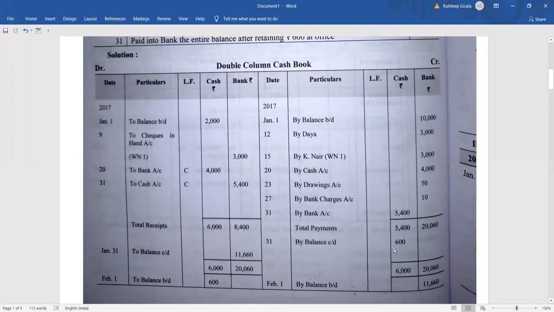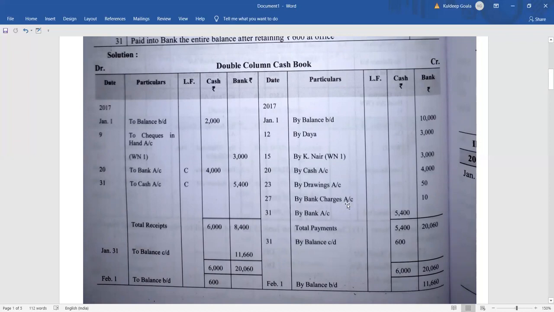So the debit balance will come in the debit side on the opening date. After January 31st there is a closing date. After January 31st we have the first opening date as February 1. So on February 1 it will be to balance brought down in the cash column 600, right? And in case of bank, again it is a negative balance, so again it will come in the credit side as by balance brought down